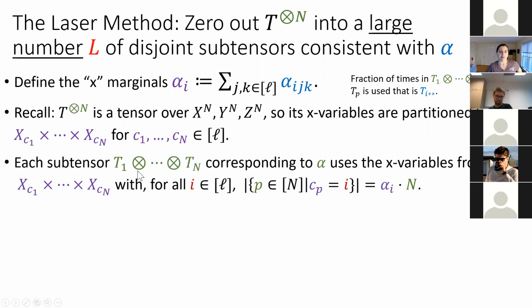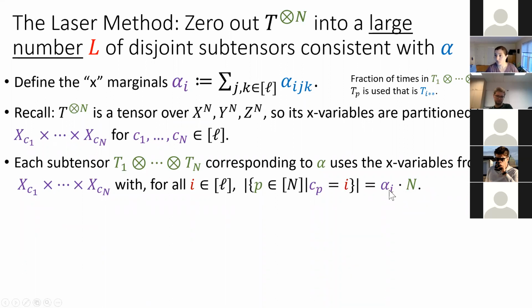So then every subtensor, that green subtensor in the big sum that we got, that corresponds to a particular distribution alpha, it uses x variables that come from a part like this, with x sub c1 up to x sub cn, where the fraction of times you picked x sub cp to be equal to I is actually alpha I times n. So the marginals,